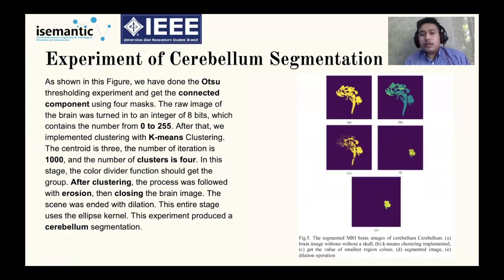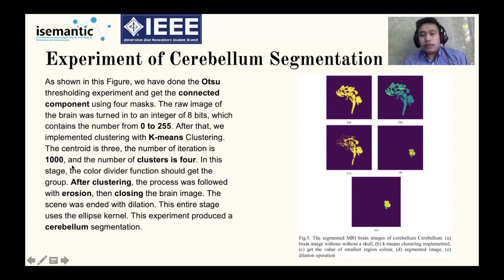In the cerebellum segmentation experiment, we use just Otsu thresholding, and then go to the connected component using masks F1, F4, F2, F4. Then we go to k-means clustering to get the cerebellum.